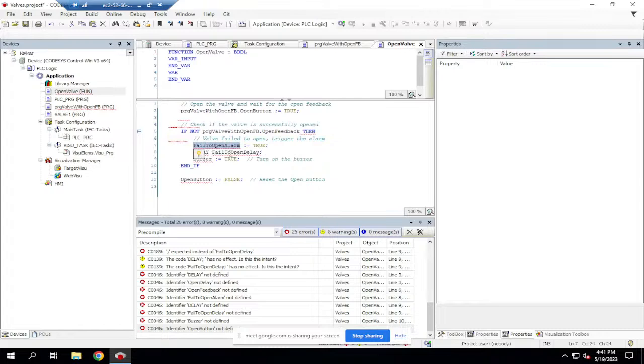fail to open alarm. Okay, fail to open alarm is also available inside this program, so we can link it here. Again, the delay, failed to open delay. This is also wrong. This is not available. We can actually mark it, kind of comment it out. If we don't need it, we can comment it, and then